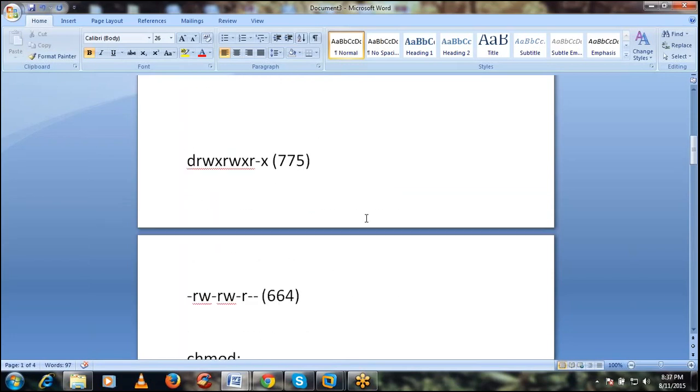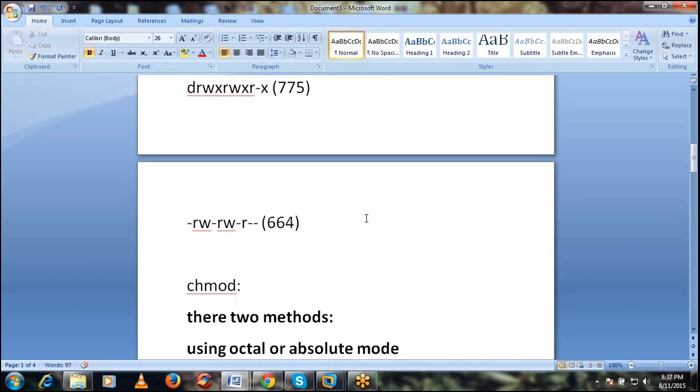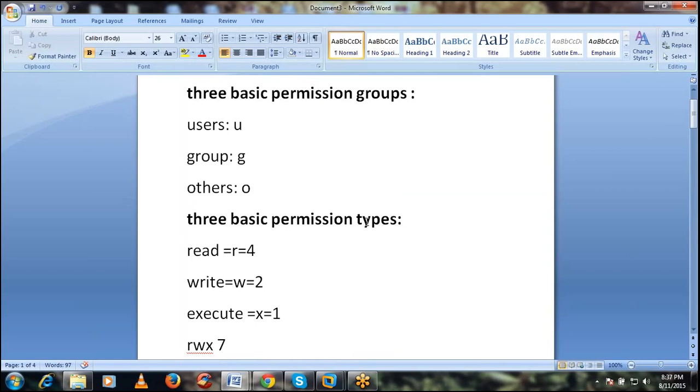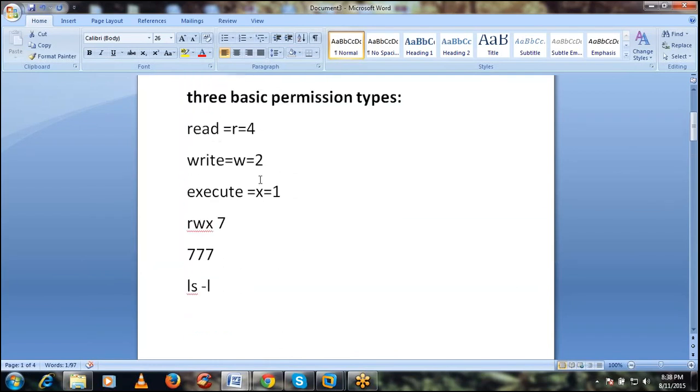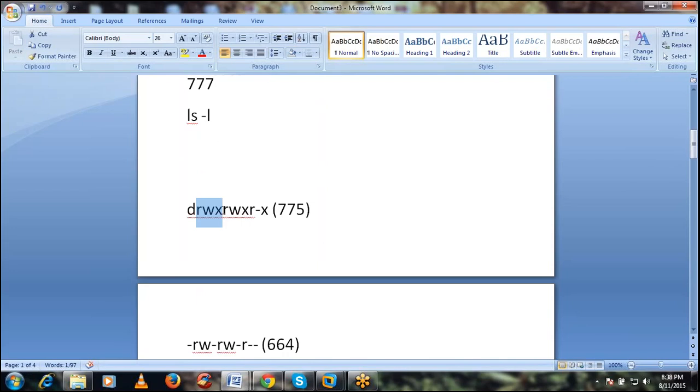See, whenever you create a file or a directory, these are the default permissions. D means that when the listing starts with D, it is called a directory. RWX means these are the permissions for the user. Next RWX means these are the permissions for the group. And the next three are permissions for others.